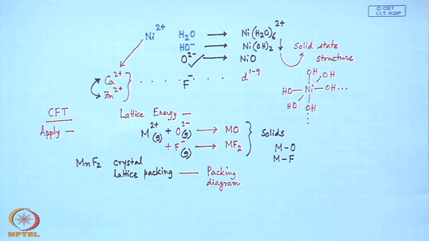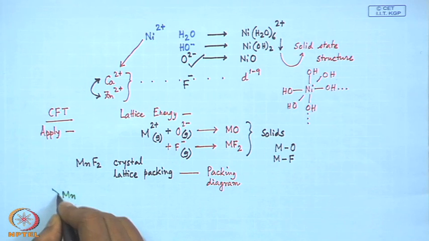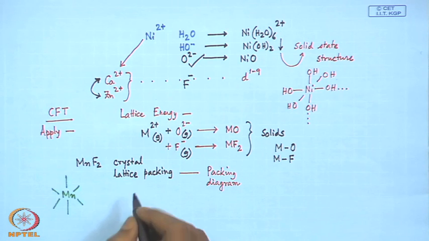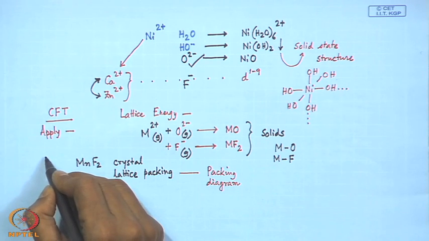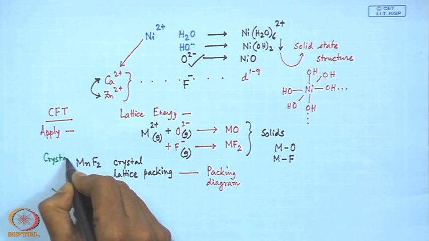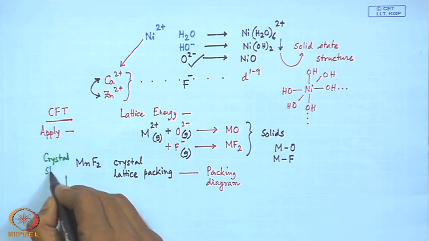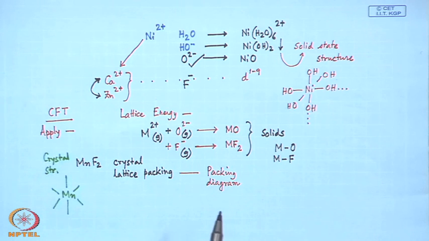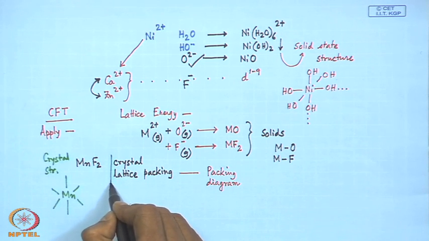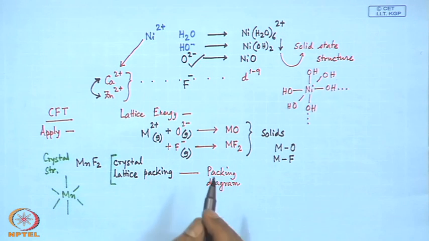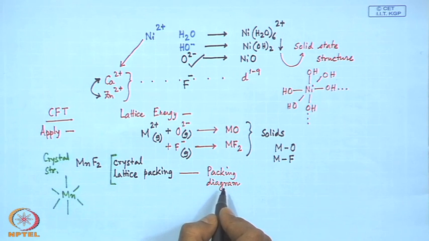So, these packing diagrams usually show the situation where manganese is nicely packed, which is a typical example for the corresponding crystal field when we are seeing the corresponding crystal structure. This crystal structure gives us the corresponding crystal lattice, and that crystal lattice packing gives us the corresponding packing diagram,